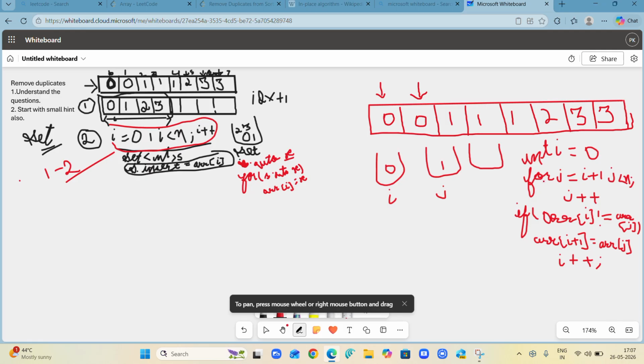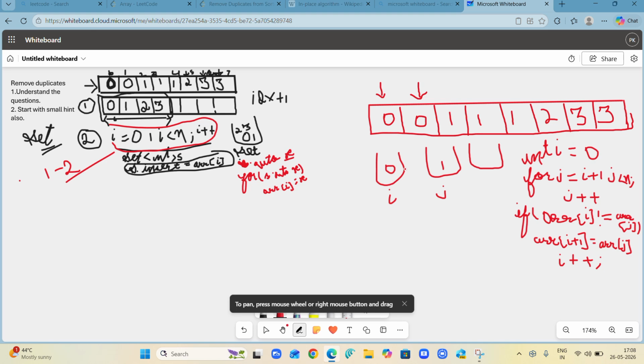We shifted the position, we brought the new, unique element to sit beside me, and I'm going to compare it with the next element. So this is the unique approach which has been taken in the question, so that it can get compared. Beautiful. Now let's try running the code and check it.